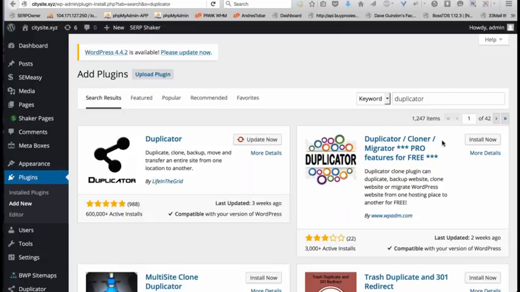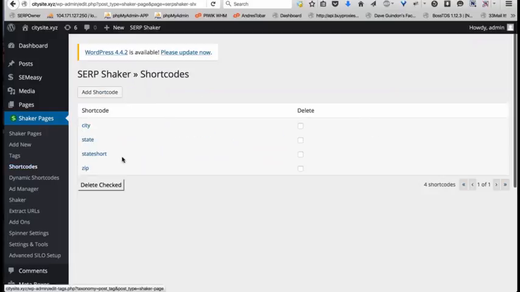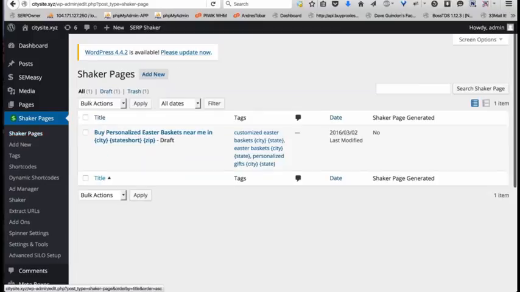Okay, next, we're going to just blast through these last ones. Costas is incredible. He responds and gets things fixed immediately, so there's a thumbs up for Costas. Can you make a second SS page using a different size shortcodes list? Yes, but you would have to change them all up. Your shaker page right here is targeting city, state short, zip. You can add a new set of shortcodes, just name them differently. So whenever you create the shaker page, just use that second set. It could be city 2, state short 2, zip 2, and it's just going to use those specific shortcodes.